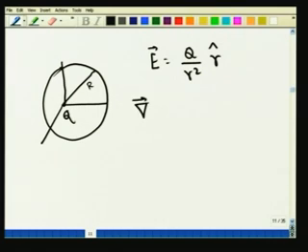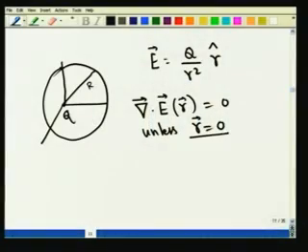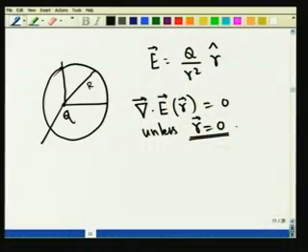A simple calculation will show you that divergence E at any point r equals 0 unless r is equal to r 0. At r equal to 0, your field is going to blow up like 1 over r squared. So the derivative at this particular point does not make sense at this juncture. We are going to make sense of it in a short while. We do not know how to find the derivative because the value of the function itself is blowing up. So in order to be very careful, we say divergence E equals 0 unless r equals